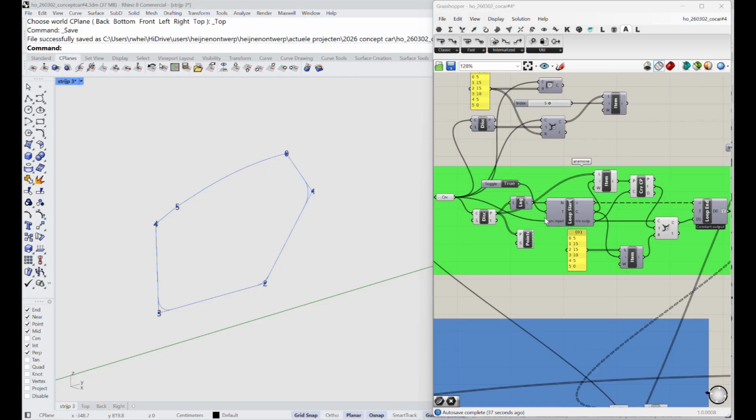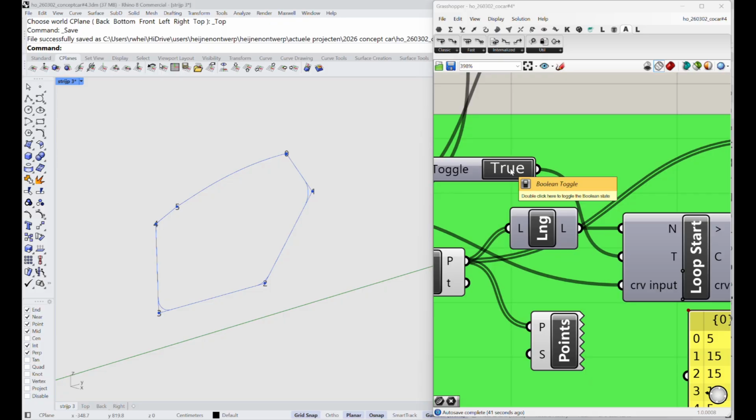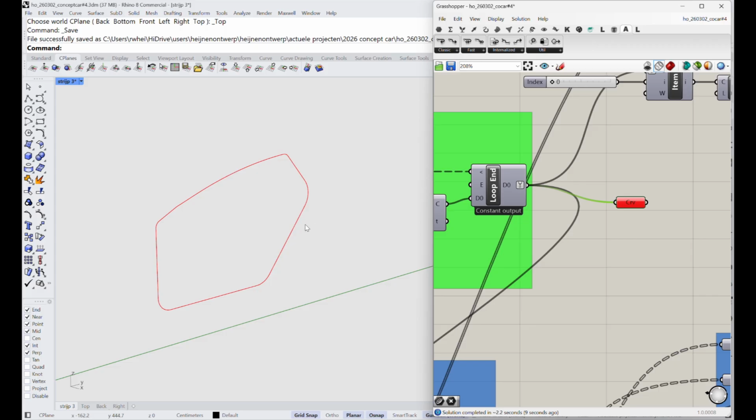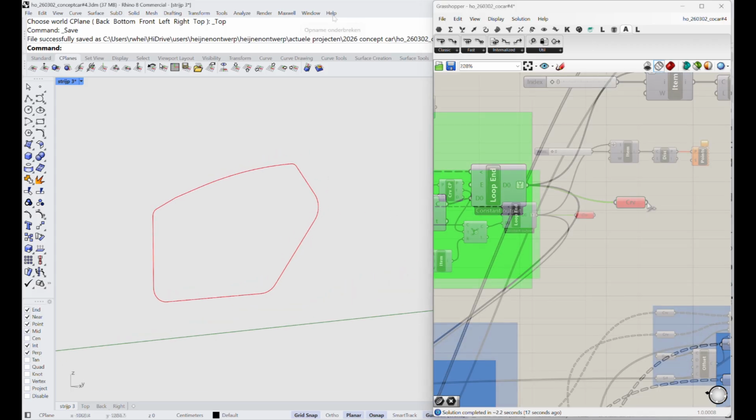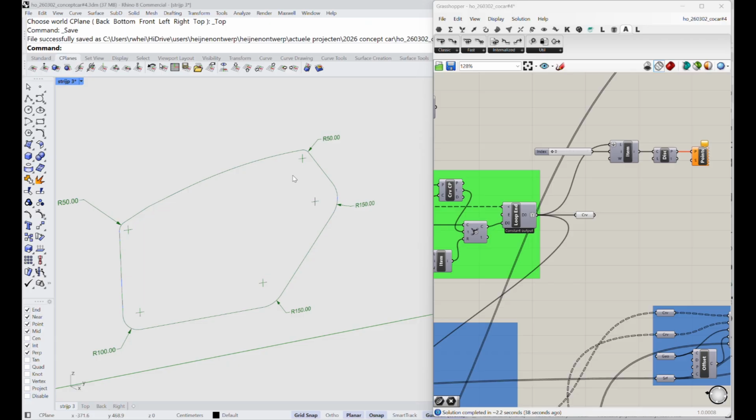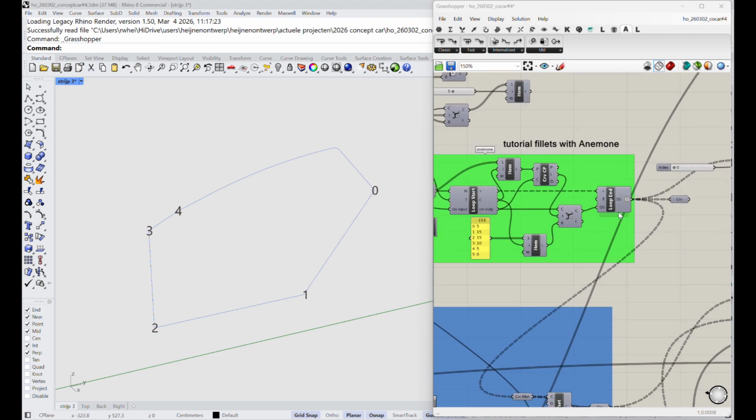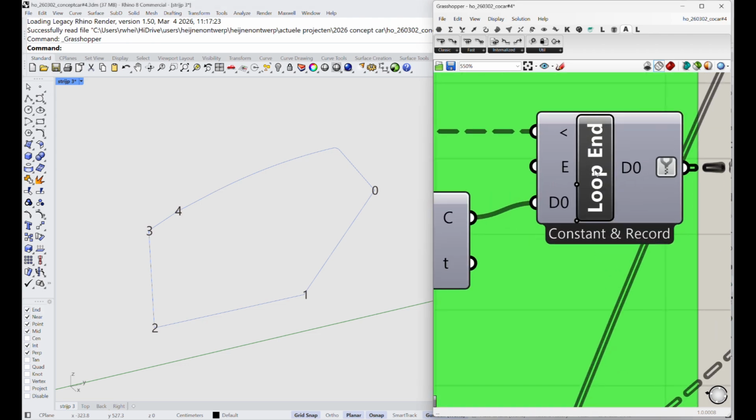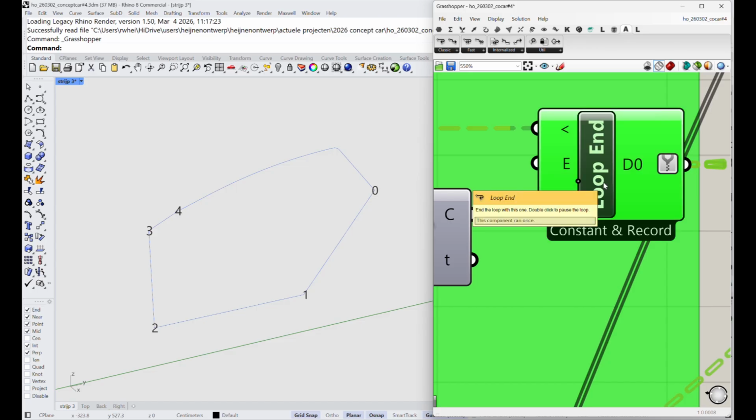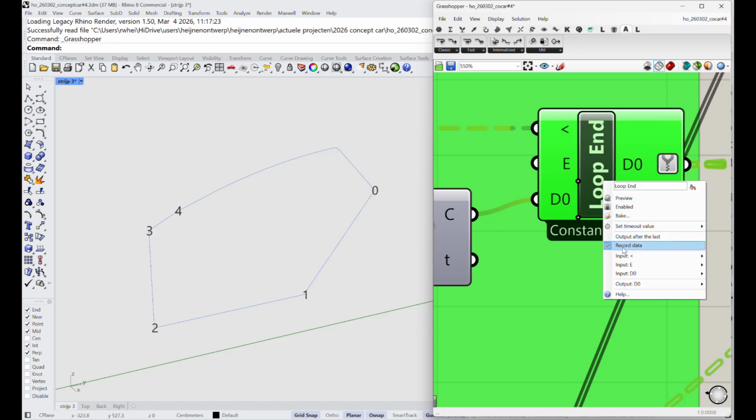Once you have created this algorithm, you can use the Boolean switch. The result is this curve. And as you can see here with the correct radii. The Anemone loop end also has the possibility to show the result of each step. You have to switch on this record data. If you don't switch it on, you only get the total result. If you switch this off, you get the step result. So switch this on,